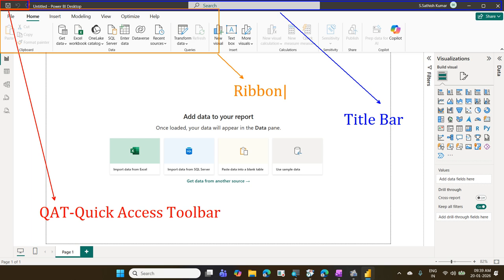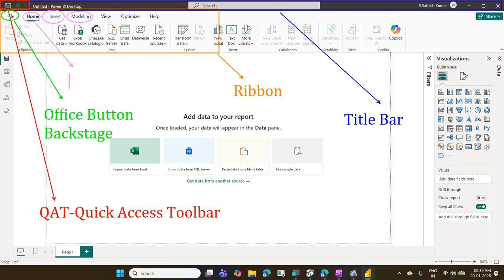So this whole area is a ribbon. On that, the first one available, that is file. There is a file available here. This is called as Office button. Office button is backstage of your office. If you want to do something on the backstage, if you want to do some changes on the backstage, then we can use this backstage. This is office button. And each item available here, there is a insert, home, insert, modeling, each item available here, which we call it as